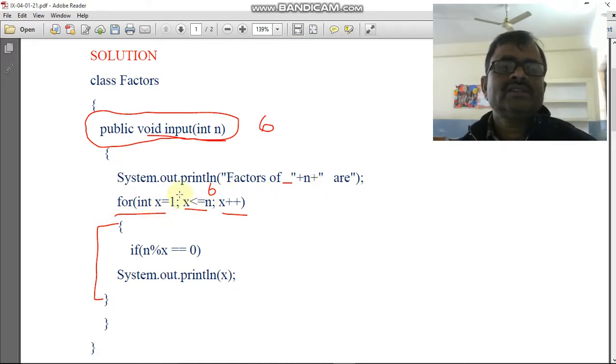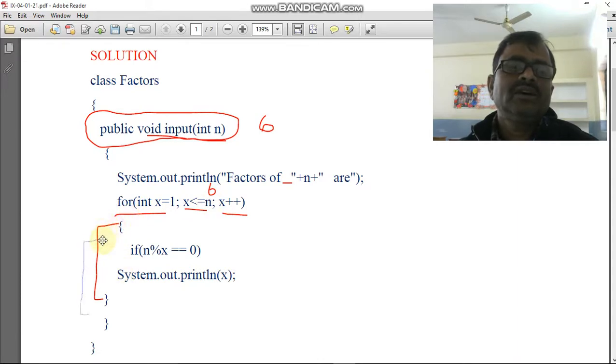So we are starting from here. The value of x is 1. As I told you, the first part of the for statement is known as the initial value. It is read only one time, at the time of the for loop execution. So the first time the value of x will be 1. It is true if x is less than or equal to n. The value of x is 1, so this condition is true. Now your control will come inside of this block.